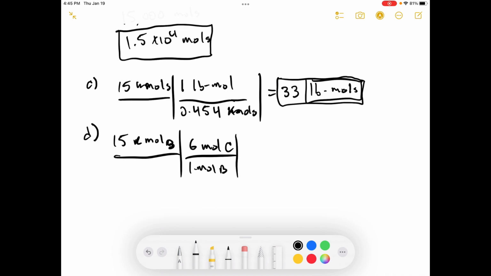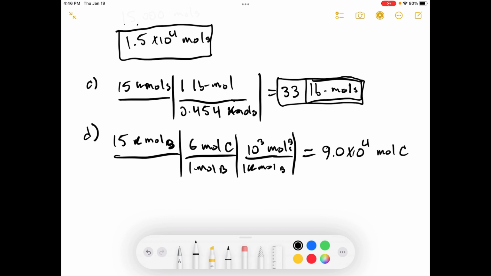And we already know that in 1 kilomole, there's 1,000 moles. And those are both benzenes. Okay, so then we're just left with 9.0 times 10 to the 4